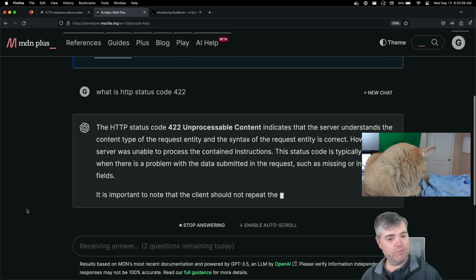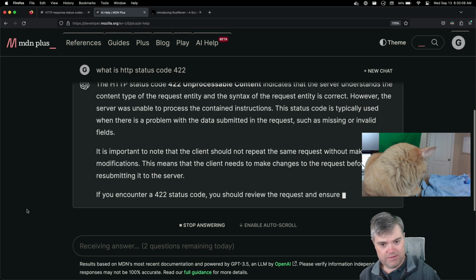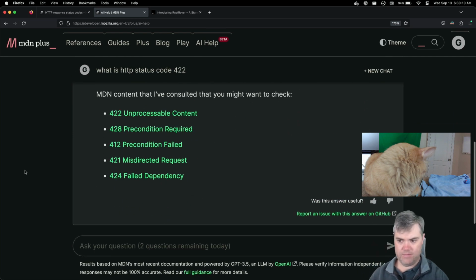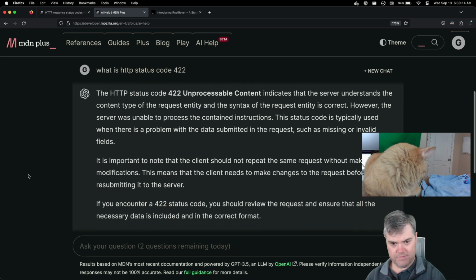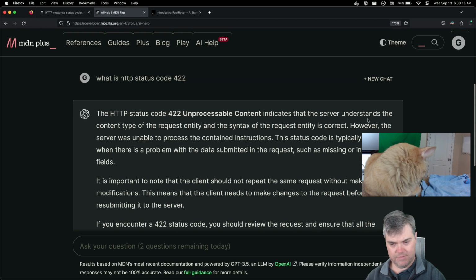Oh, unprocessable content. Server was unable to process the contained instructions. The status code is typically used when there's a problem with the data submitted in the request, such as missing or invalid fields. So yeah.